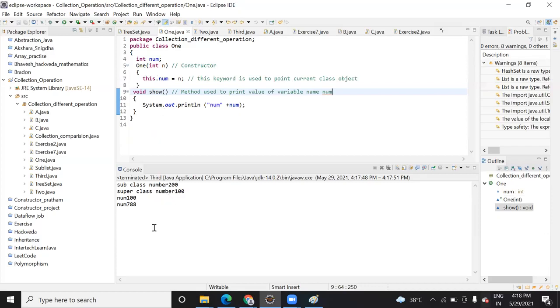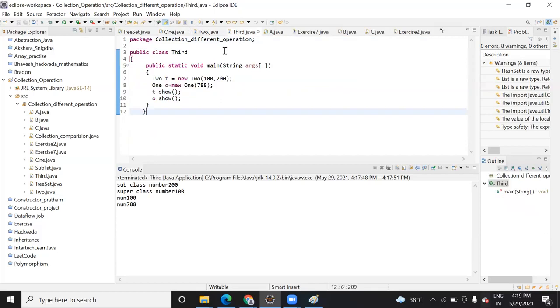Now I tried it, I did some changes here. I call the object. I create an object of the constructor one and assign 788. So this 788 will be assigned next time. Means here it is going to assign the value 100, and when you create an object of this class, then it will assign 100 to it. But suppose you create an object of the first class, one class, and you want to assign a value